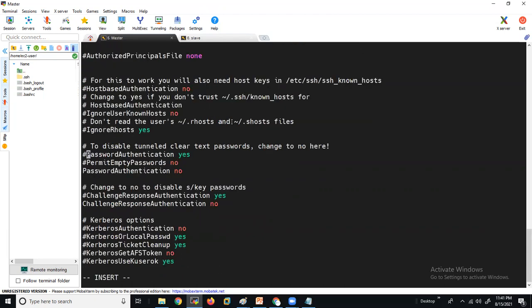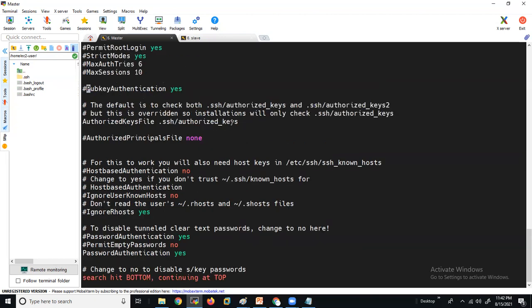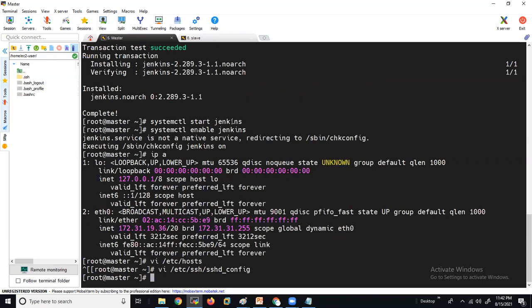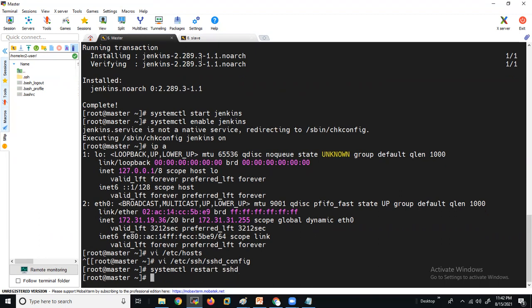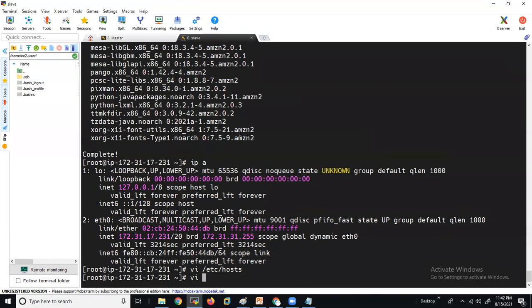Here it is no, just give yes, so that we can log into the machines using a password. Then search for public key authentication and remove the comment, so that key authentication also works. Now give systemctl restart sshd.